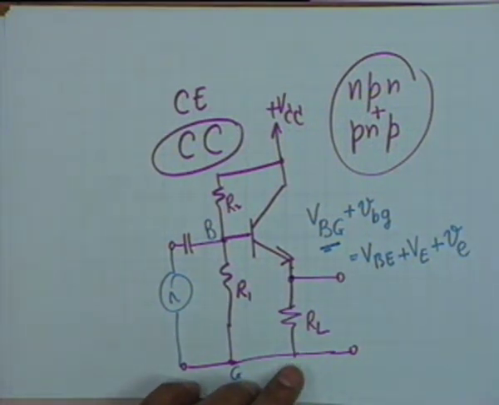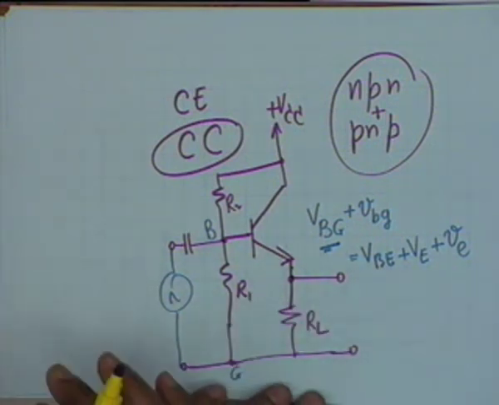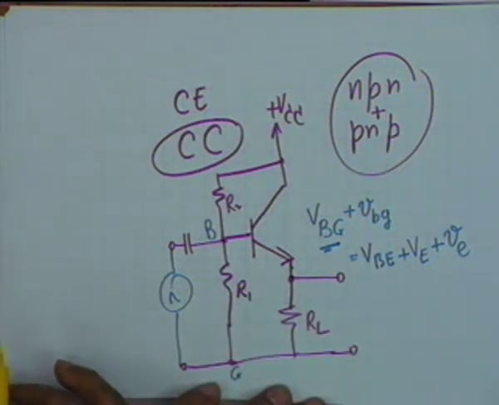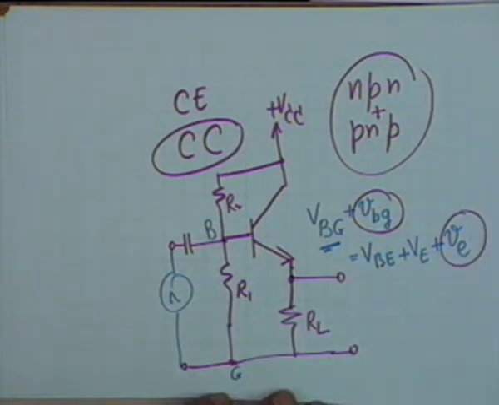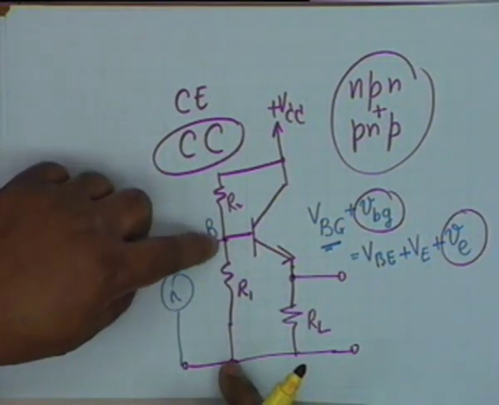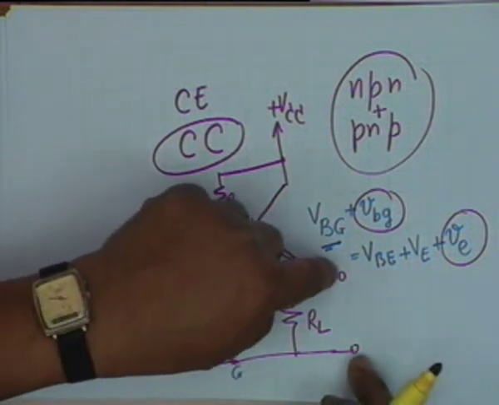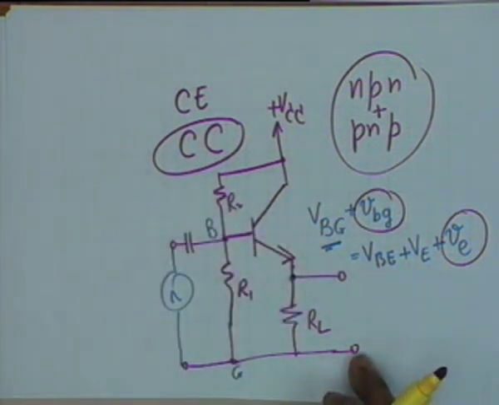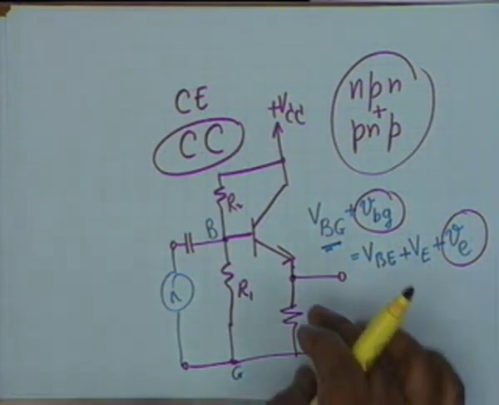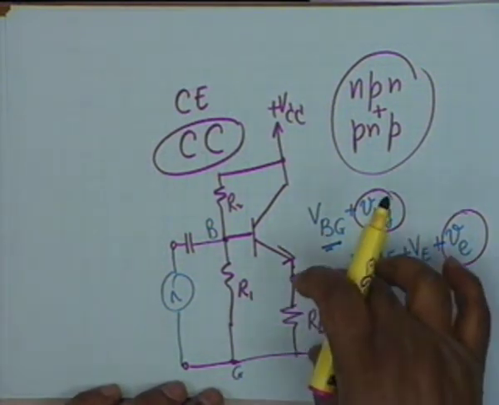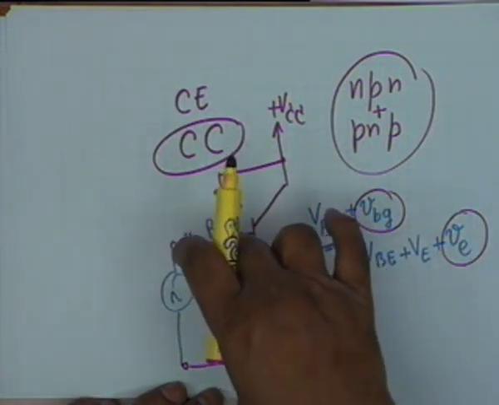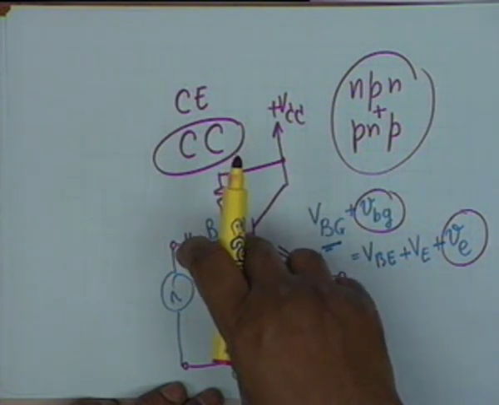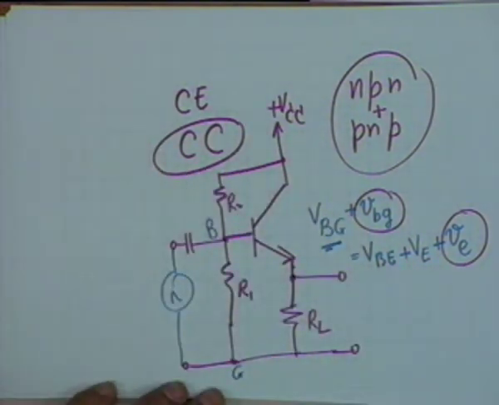Is that clear? And if the transistor is working in the linear region of its operation, then obviously the AC part on the left hand side must be equal to the AC part on the right hand side. That means whatever you apply here must have come here. In other words, the voltage at the emitter obviously then follows the voltage between the base and ground. Is the point clear? It is the AC part or the signal part, not the DC.